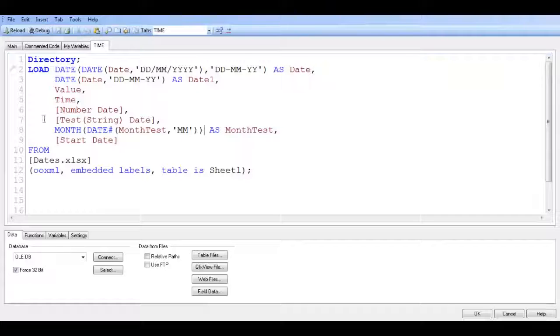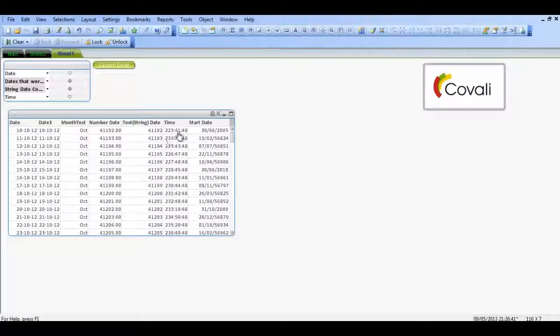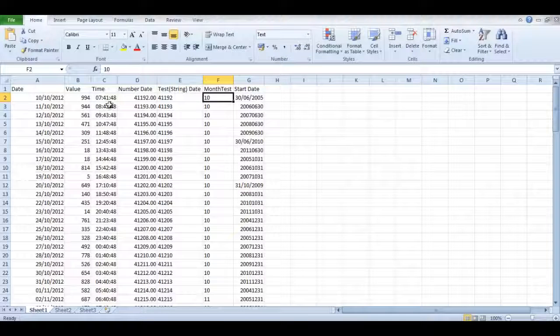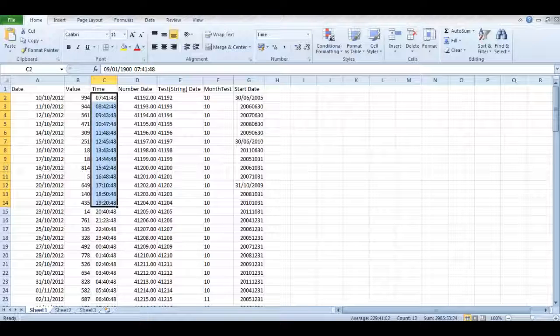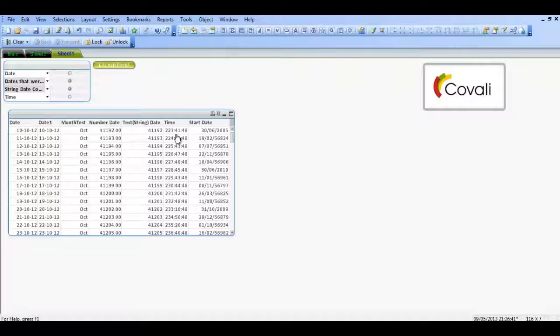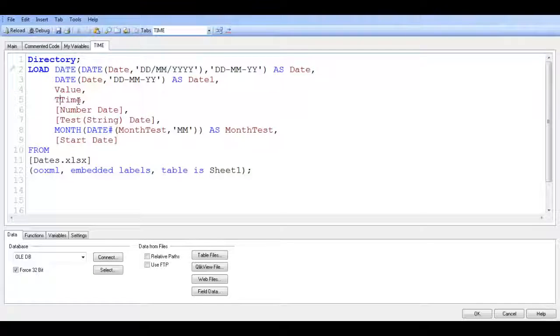So Control and E back into the script again. For time, if we click OK, we can see time here. Although in the Excel spreadsheet it looks fine, in the Qlikview file it's a bit all over the place. So what you do is press Control and E. You can say time, I'm just saying frac time, and then after that we're going to put in the format, which is lowercase hour, minute,